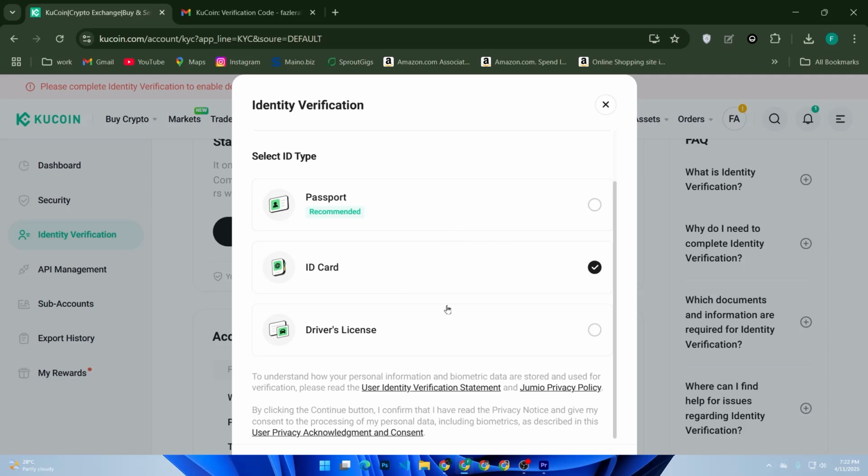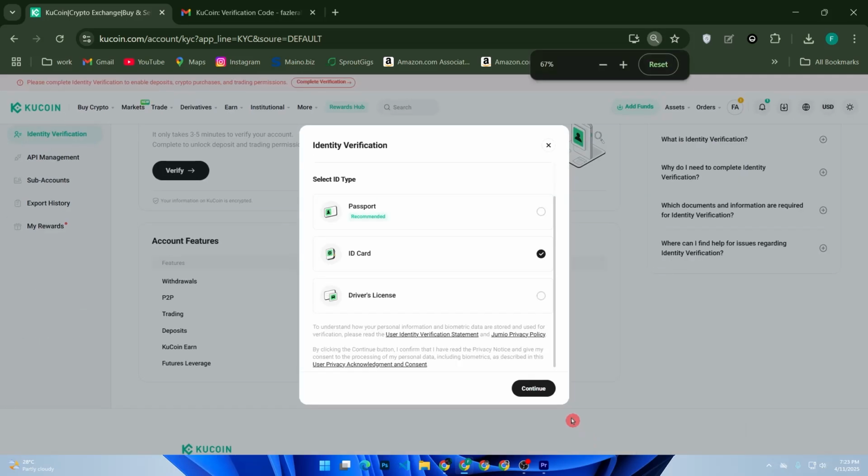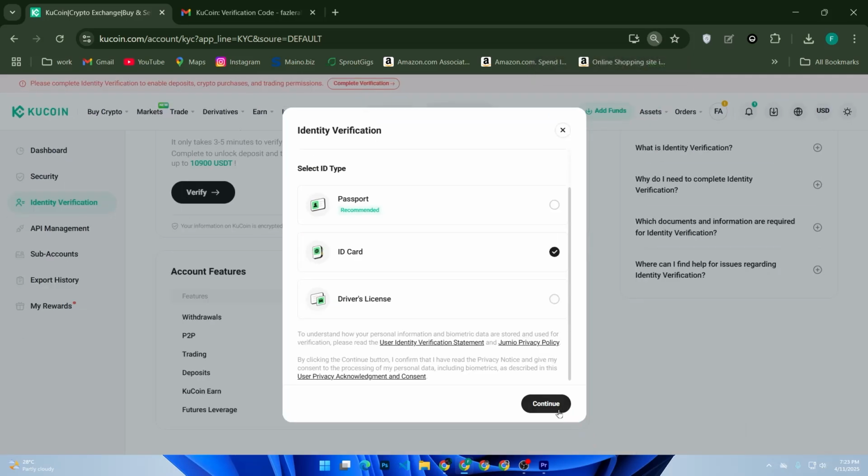Then complete a quick face scan using your webcam or phone. Upload your government issued ID. Verification usually takes a few minutes to a couple of hours. In 2025, once you are in,